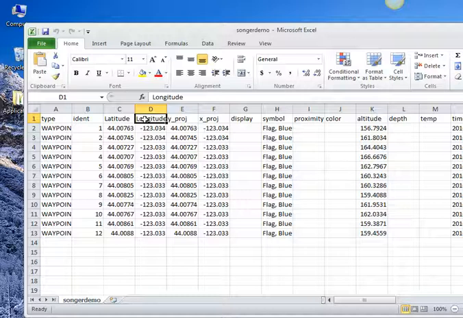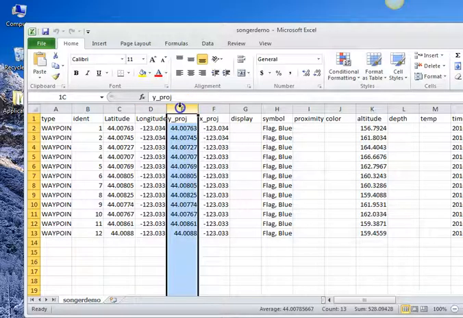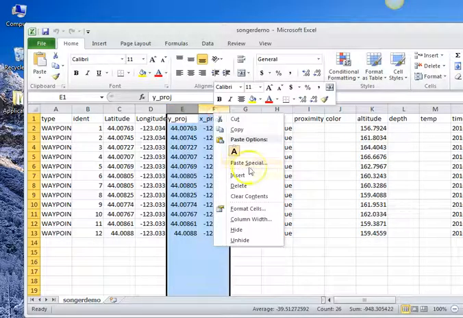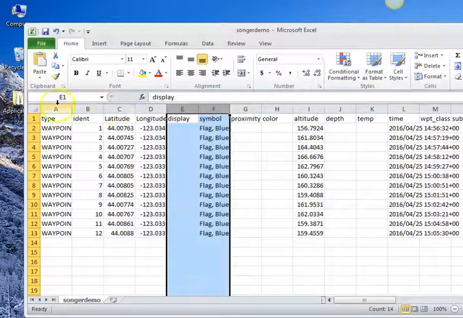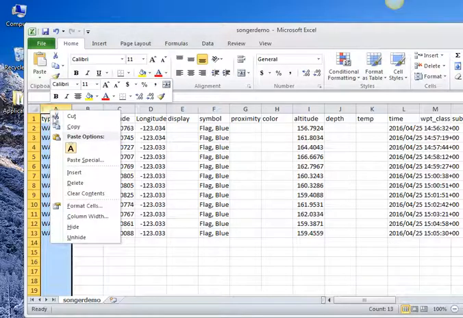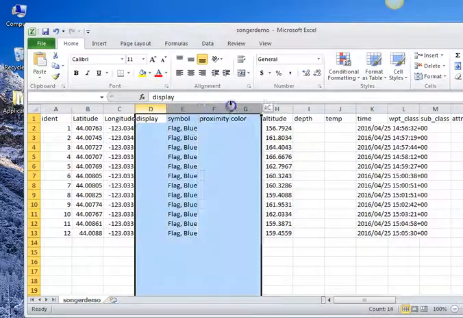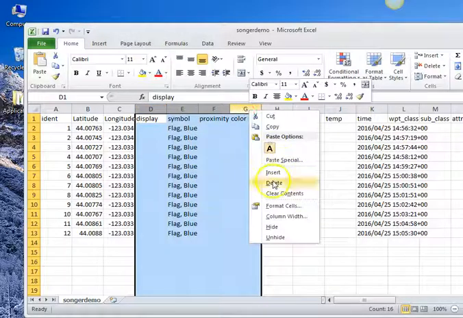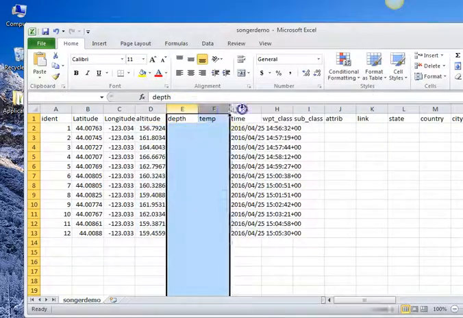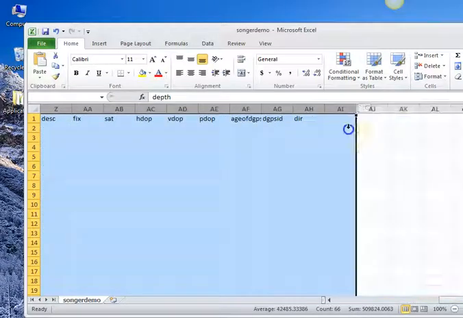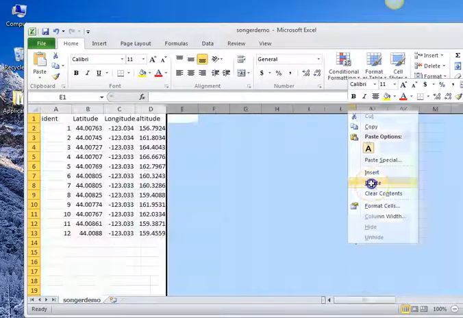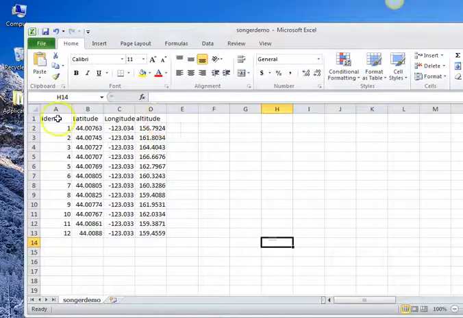I collected in WGS 84, so I don't really need this XY projection file, so I'm going to delete that. I'm going to delete the type for waypoint. I'm going to delete display. I'm going to delete depth, temp, and I'm actually going to go all the way out here and delete all of those. Now, I'm going to name this point,